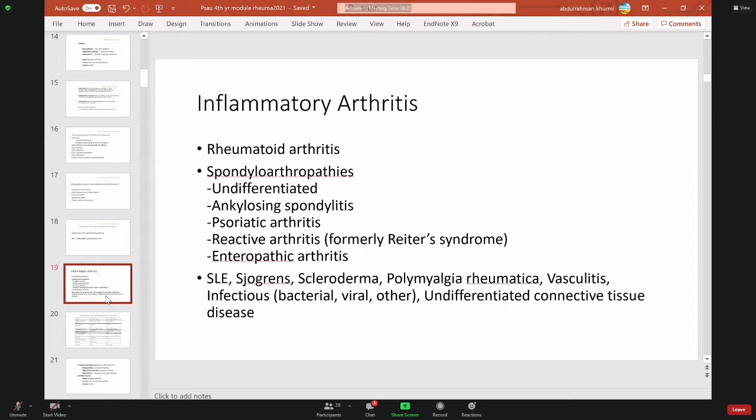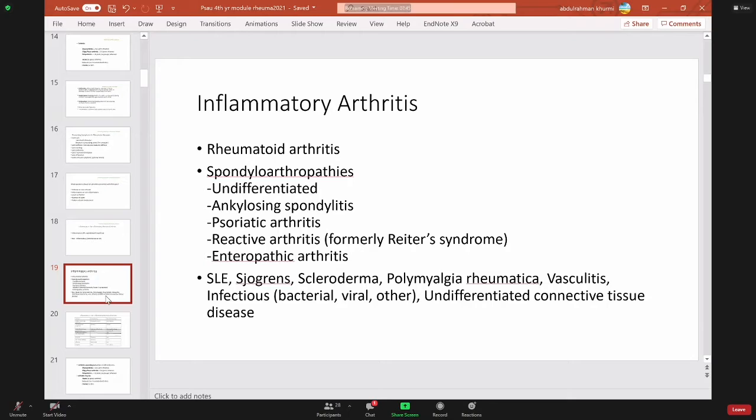So we have different types of inflammatory arthritis. We have rheumatoid arthritis, which usually comes systemic in small joints of the hands, mainly PIPs and MCPs, both hands. We have some arthropathies, like ankylosing spondylitis, which affects the lumbar spine and the sacroiliac joints. It can come also peripherally in the hand joints. Psoriatic arthritis can also affect the back and the sacroiliac joint and can affect the hands. Reactive arthritis, which comes with infection, and enteropathic arthritis, which comes with